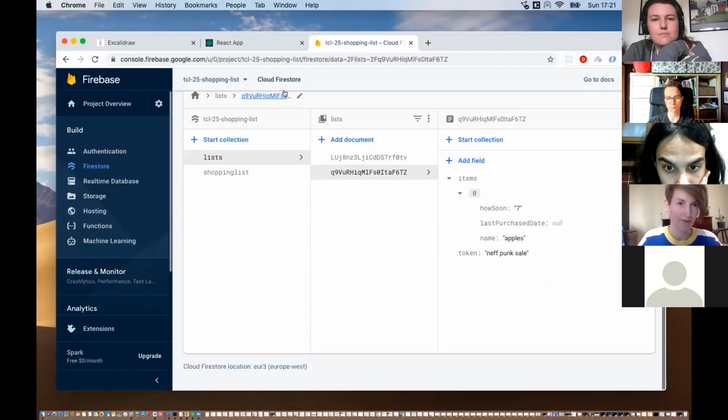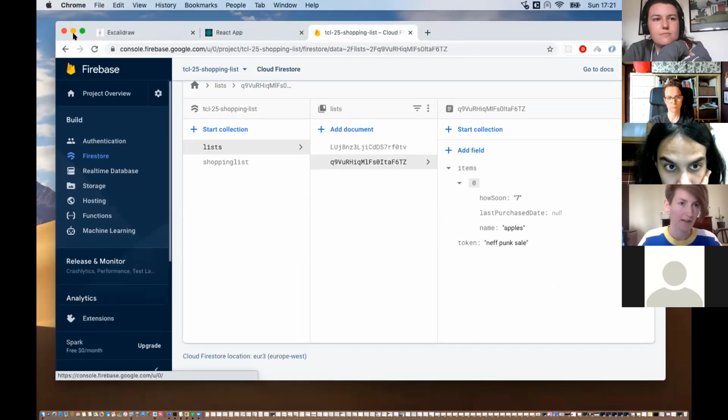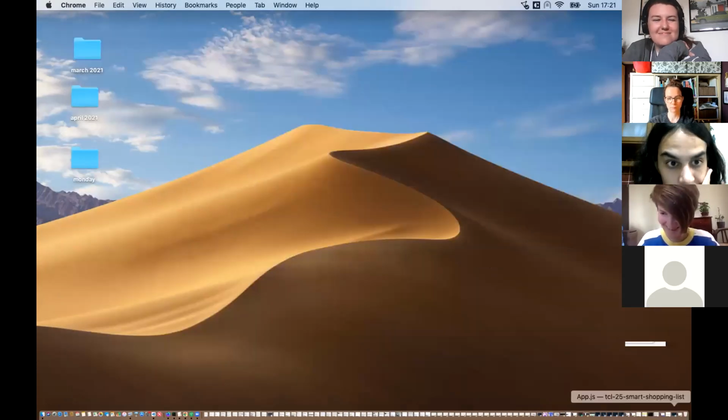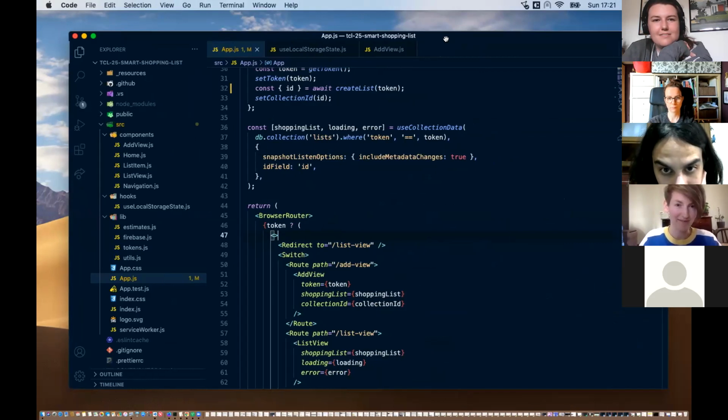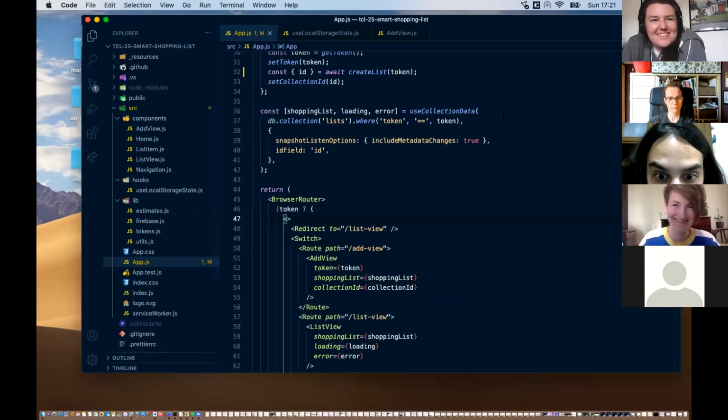So let me show you how we implemented this in the code. Just let me know if you see the VS Code. Do you see my VS Code? Yeah, awesome. Okay, so how